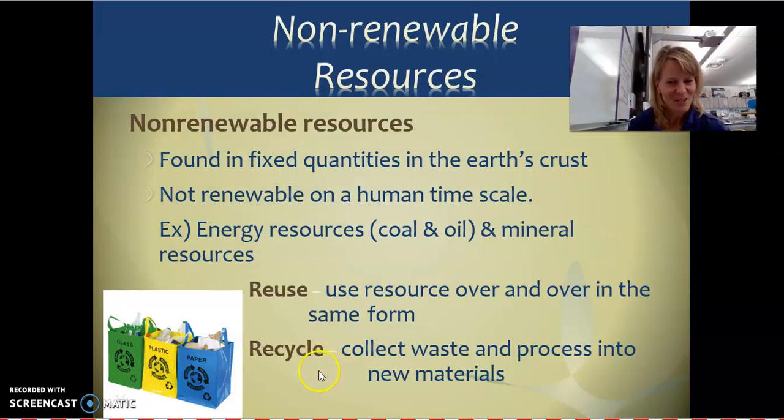Hopefully you got reduce how much you use. That's going to help it last longer. Another one is repurpose. Maybe I have a red solo cup